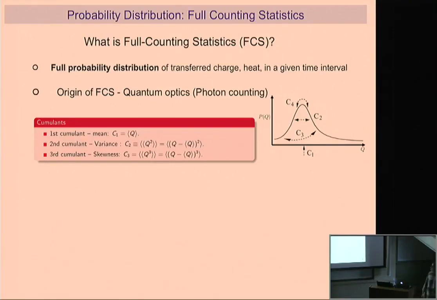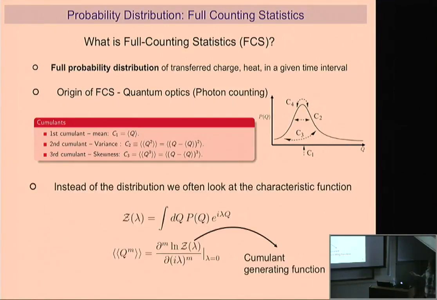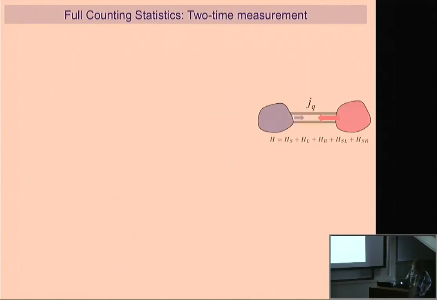Now, why full counting statistics? As I've said, we are generally interested just in the average energy current, but this will give us more information: not just the average current, but furthermore we can get the noise, skewness, and, as I've said, the fluctuation symmetry. So we are going to focus on Z, which is a transform of the probability for heat exchange Q. As you can see from this definition, if we take derivatives with respect to i lambda, we get the cumulants. So Z is going to be our main object of interest, the main objective here.